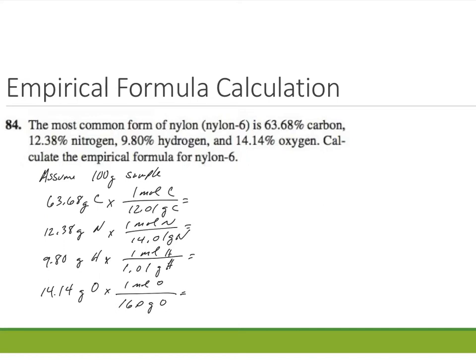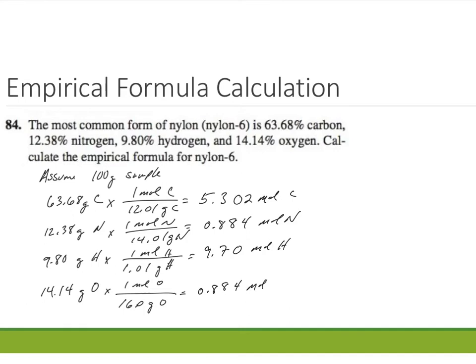When we do 63.68 grams of carbon divided by 12.01 grams, we get 5.302 moles of carbon. 12.38 divided by the 14.01 gives us 0.884 moles of nitrogen. The 9.80 divided by 1.01 gives us 9.70 moles of hydrogen. And 14.14 divided by the 16 gives us